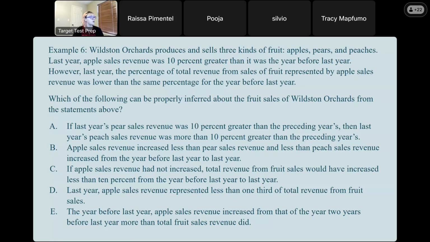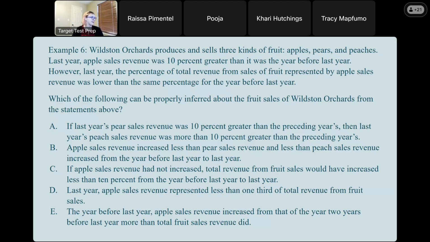If apple sales revenue had not increased, total revenue from fruit sales would have increased less than 10% from the year before last year to last year. We don't know this either. I mean, maybe they sell like 500 peaches a year for $1 each, and 500 pears a year for $1 each, and 10 apples a year for $1 each, because they have one apple tree in the whole orchard. And so they increased from 10 to 11. The total, if they didn't do that, it doesn't mean that the other two could not have increased more than